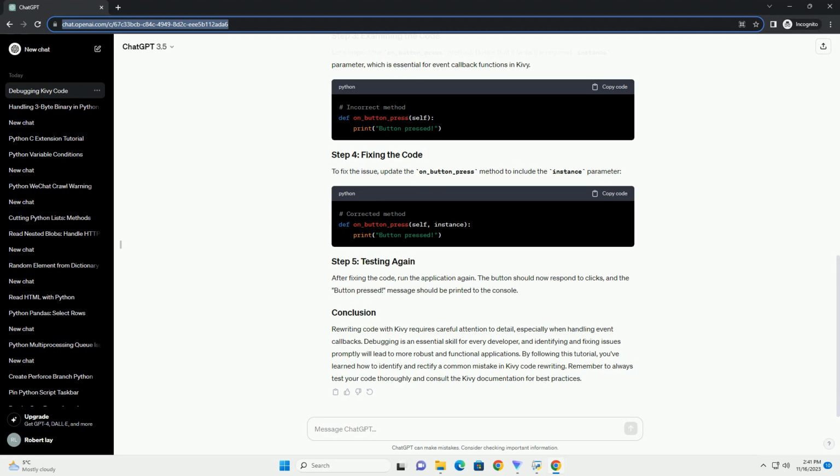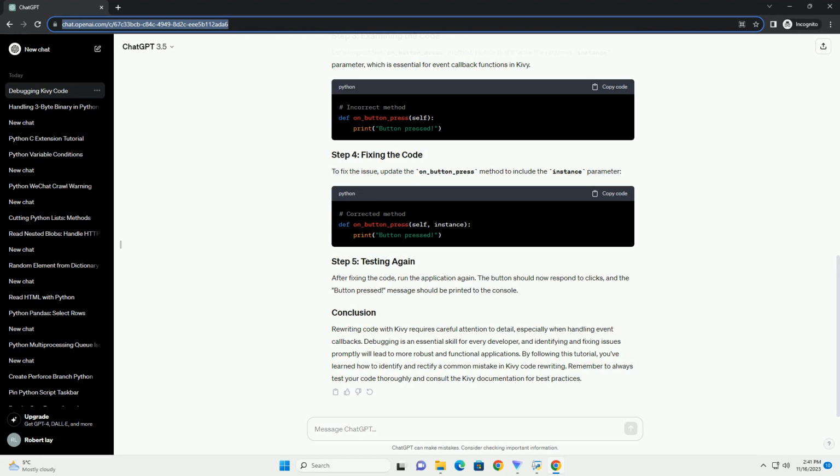Let's consider a simplified version of a drawing application using Kivy that allows users to draw on a canvas using their mouse/touchpad. The initial version might have the following code structure. Issue: forgetting to inherit the widget classes properly can lead to unexpected behavior. Solution: ensure the new classes inherit from the appropriate Kivy classes. For instance, the app class should inherit from kivy.app, and custom widgets should inherit from